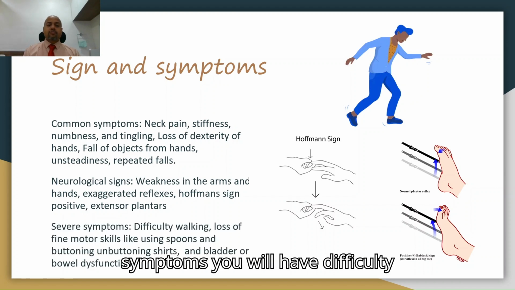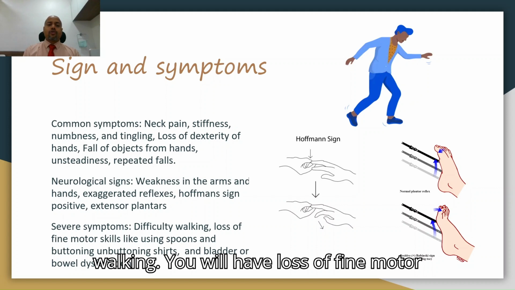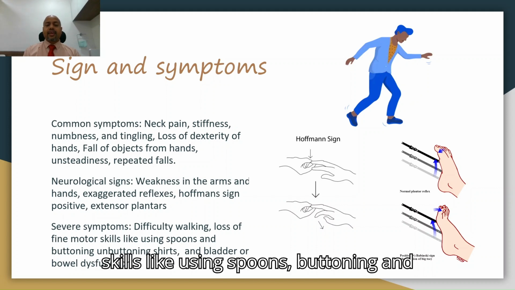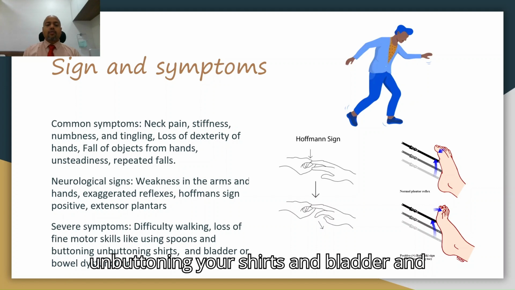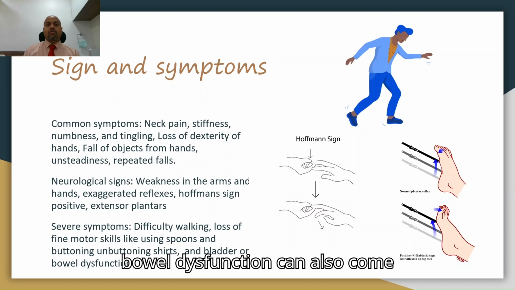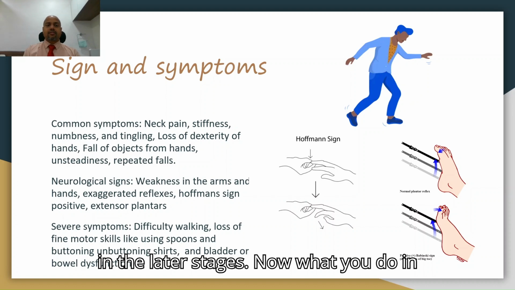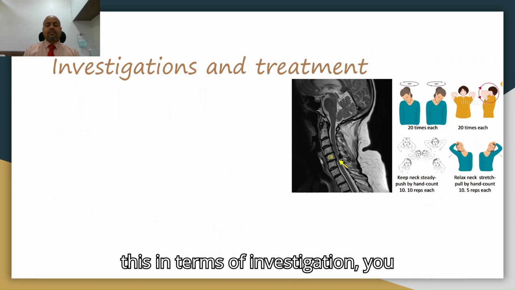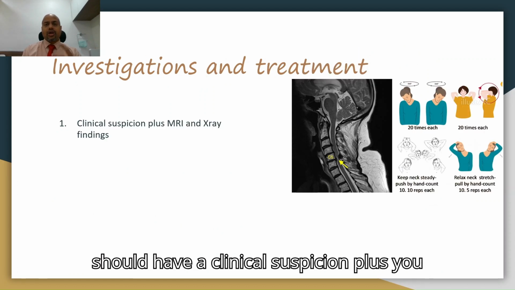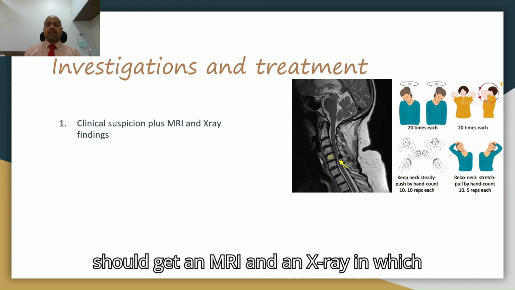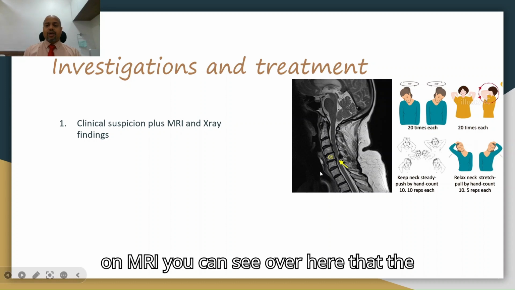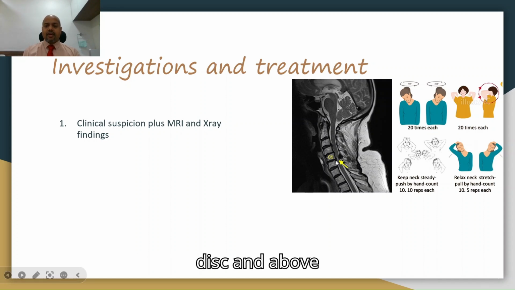In severe symptoms, you will have difficulty walking, loss of fine motor skills like using spoons, buttoning and unbuttoning your shirts, and bladder and bowel dysfunction can also come in the later stages. Now, in terms of investigation, you should have a clinical suspicion, plus you should get an MRI and an X-ray, in which on MRI you can see over here that the disc and above are